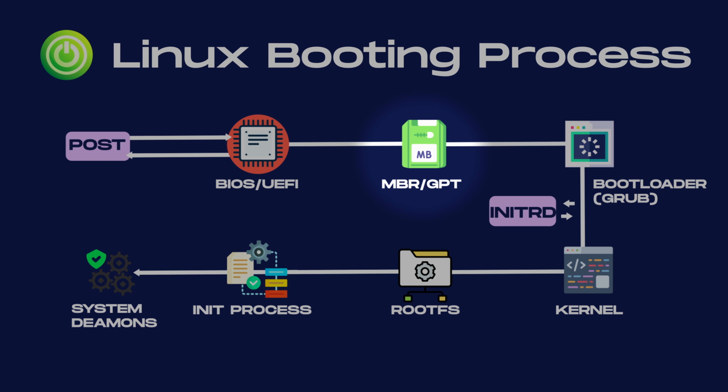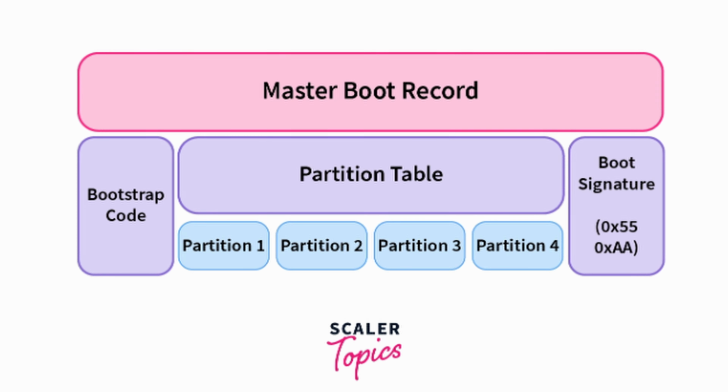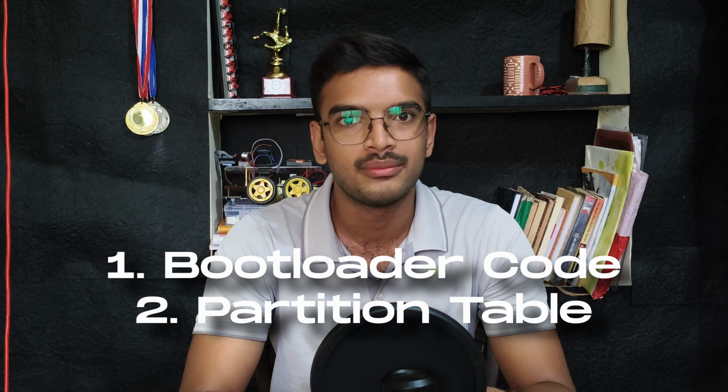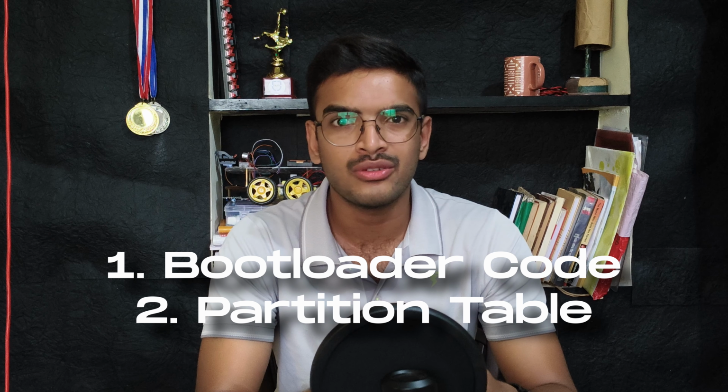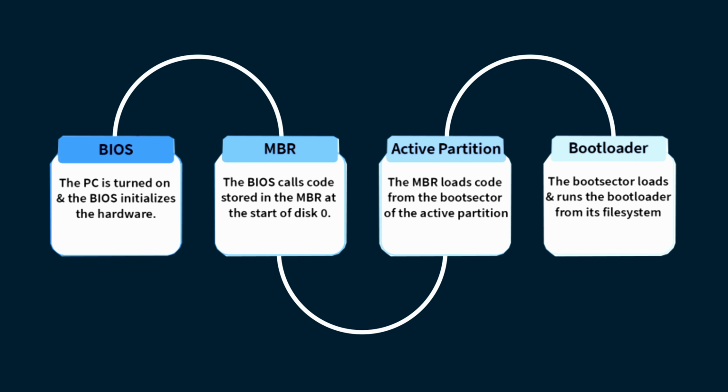The MBR is a crucial part of the disk structure in a BIOS-based system. It is located in the very first sector of the hard disk and only contains 2 things: 1. The bootloader code, and 2nd, the partition table. When the system starts, the BIOS hands over the control to the MBR, which then loads the bootloader to kick